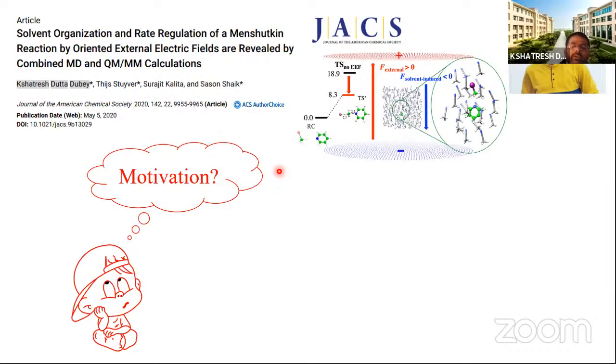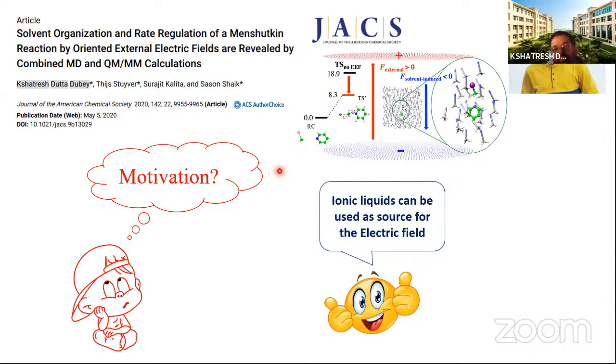So when I came here, I discussed it with him, and I got one idea. We know that there are ionic liquids like acetonitrile, and these are very polar solvents, and they produce some local electric field. Suppose we put some reagents, some compounds, in a solution of these ionic liquids. Definitely the ionic liquid will have some local electric field, and this local electric field may catalyze the reactions. So this idea came to my mind, I accepted Sason's offer, and I started working on this project in my lab.